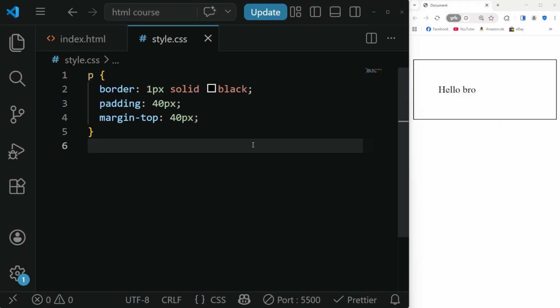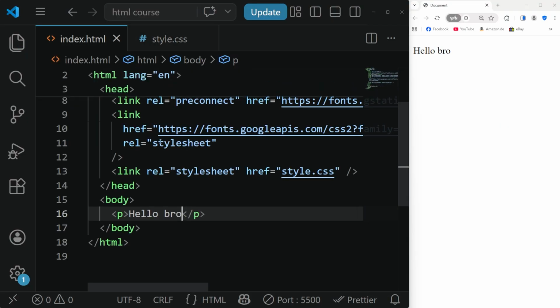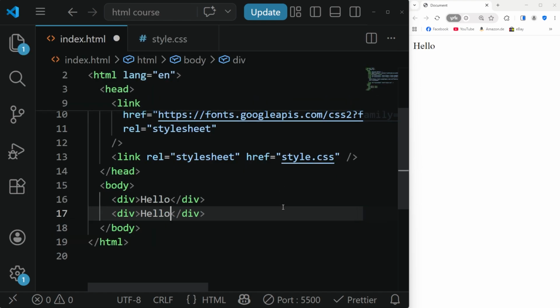Let's now understand display block, display inline, and display inline block. Let's delete all of this for now, and let's also delete this right here, and let's just have a div. A div by default is a block level element, which means, let me just type something out, hello for example, and right here I have hello again. You can see this here is a block level element because it essentially takes up an entire row,